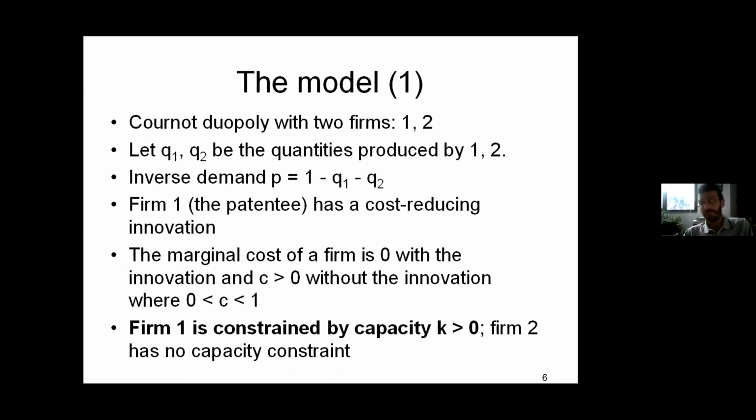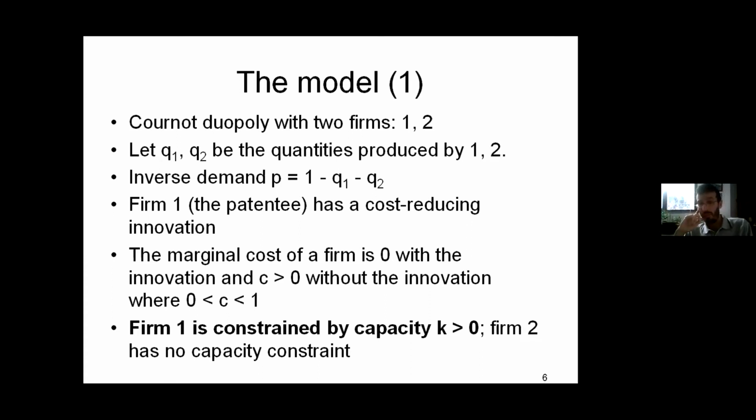So this is the model. The model is just the simplest one. It is a Cournot duopoly with two firms, firm 1 and firm 2. Let Q1 and Q2 be the quantities produced by firms 1 and 2. There is a linear inverse demand function, so the price is equal to 1 minus Q1 minus Q2. Firm 1 is the patentee, and it has a cost-reducing innovation. The marginal cost of a firm is 0 with the innovation, and it is C, between 0 and 1,